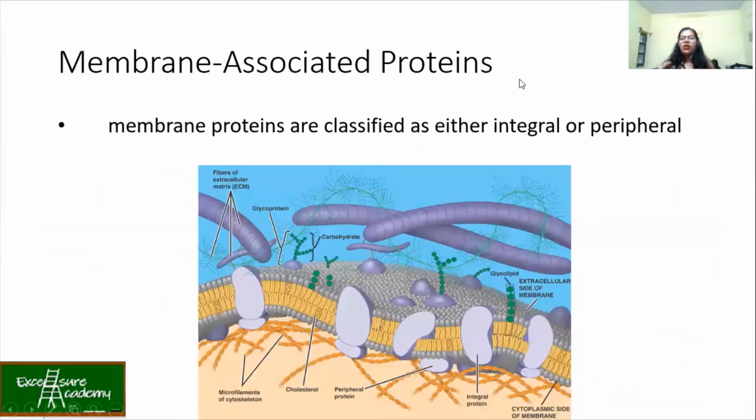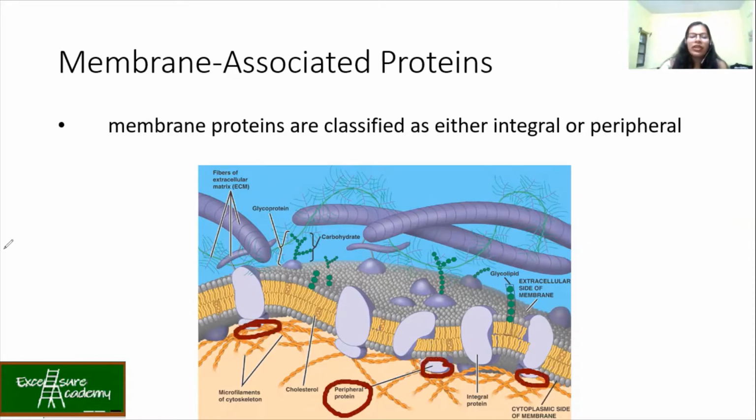Okay, now let's talk more about the membrane associated proteins. Already we know that there are two types, integral and the peripheral proteins. Okay, so from the figure you can see over here, again a little repetition will be there. So don't mind that, it's just for the revision. You can see over here, many peripheral proteins are there at the base. Now one thing you have to remember over here is that many of these peripheral proteins are negatively charged.